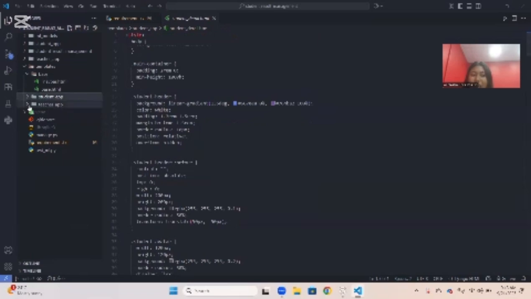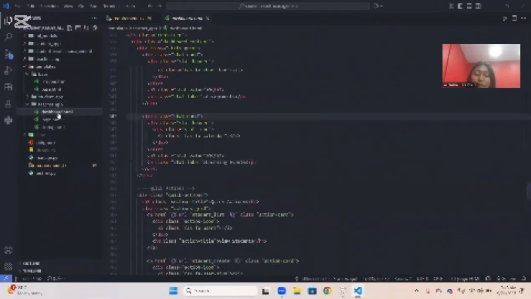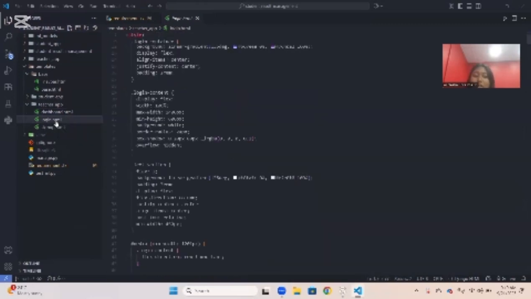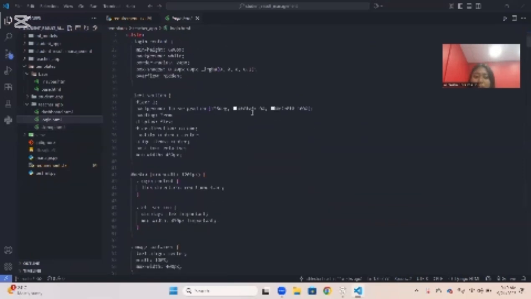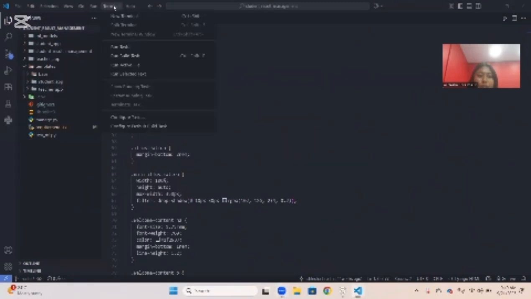So now, in the teacher app, we have dashboard.html, which is the main teacher dashboard and contains all the things related to the teachers' workflow. And login.html is the login page designed for teachers. Likewise, signup.html is also a sign up page for teachers. So in this way, for your demo, I will